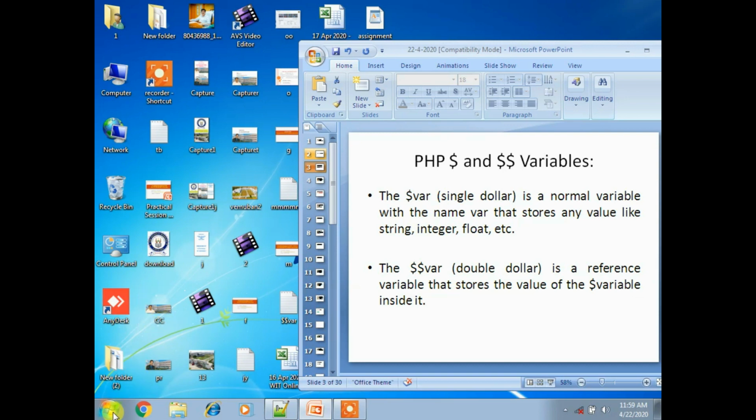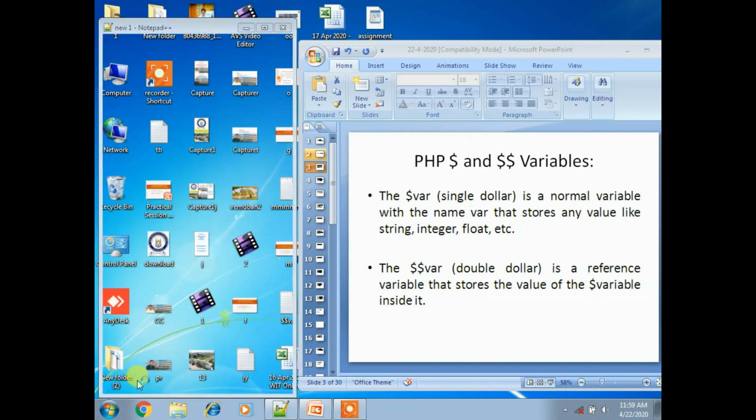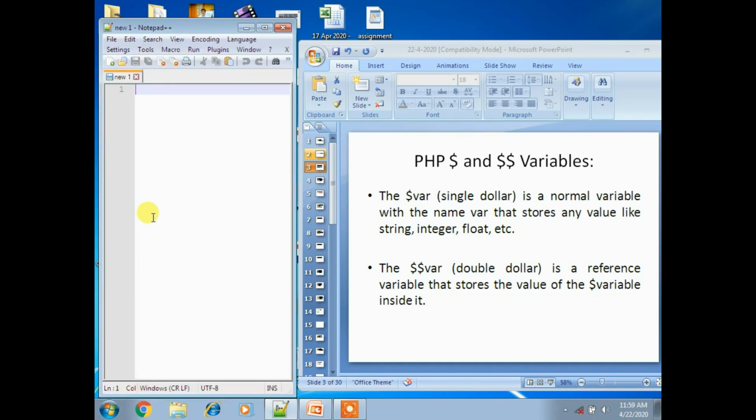For this I am taking Notepad++, my editor. Now I am taking an example for dollar and double dollar variables. I am writing $x = "ABC" in double quotes, and then $$x = 200, and now in the fourth line I am writing echo statements.